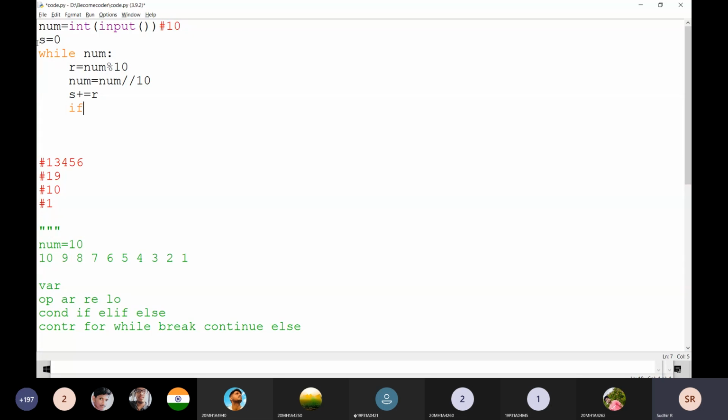We are writing that if, for some mistakes, if s is less than 9, that means if s is greater than 9, right? If s is greater than 9, we are doing something else, but we have to think here, when I am going to check it, I am going to add all the values first. I have to add all the digits first. If all the digits are added, what is the num value?